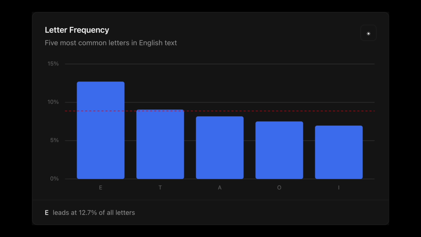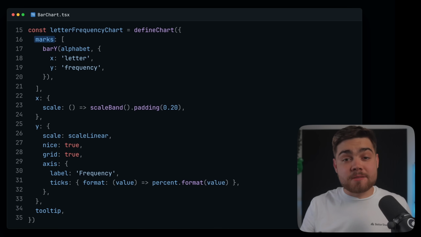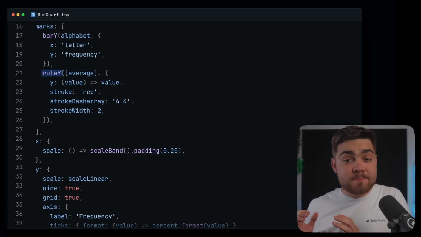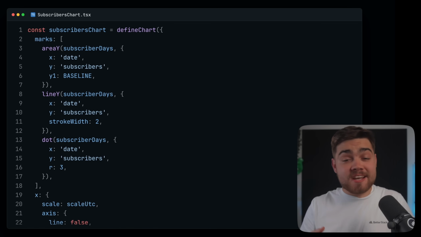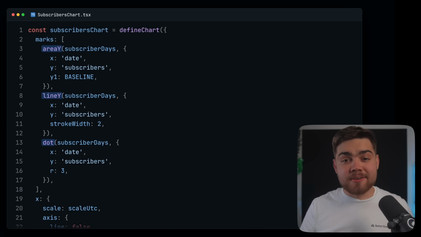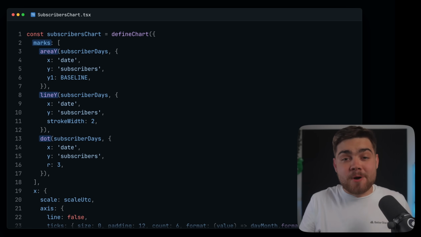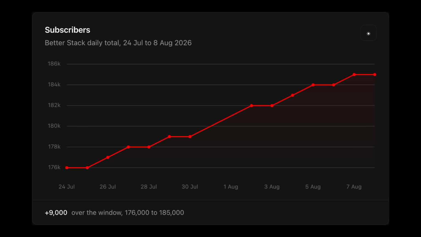As an example of the flexibility of this, say I wanted an average line on my bar chart, all I need to do is go into the marks array and add a new mark, this time being rule Y. For another quick example, say I wanted a line chart with dots and an area underneath, well, I can just define all of those as marks, and look at that, I now have a graph of our subscriber count,